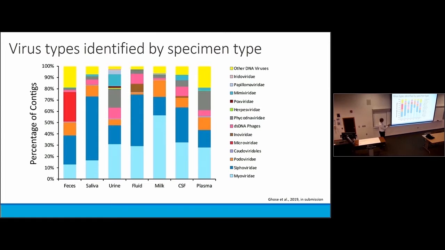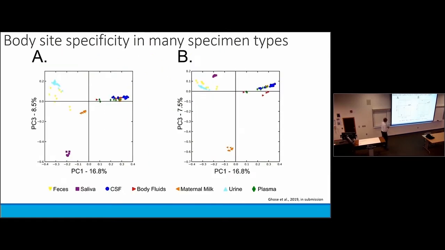In the urine, for example, we found all of these herpesviruses. In body fluids, which we haven't really talked about, we looked at, for example, bowel and joint fluids, et cetera. We find a good number of these inoviruses. In breast milk, we find all these myoviruses. The interesting thing is that looking at cerebrospinal fluid is actually fairly nondescript. If I had guessed before we did these experiments, I would have guessed that this would be the most distinctive of all the sample types that we looked at. It turned out to be amongst the least distinctive of all the sample types that we looked at.